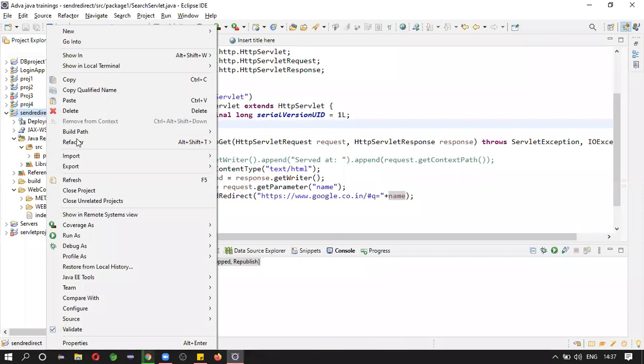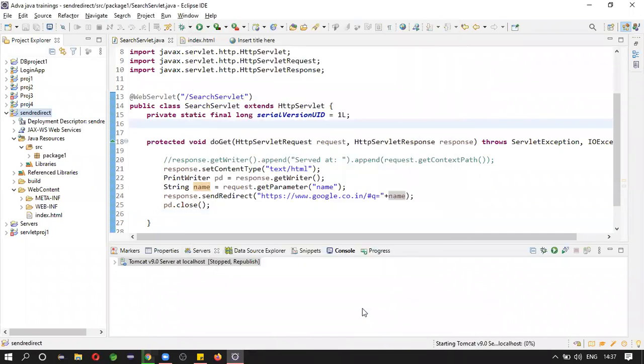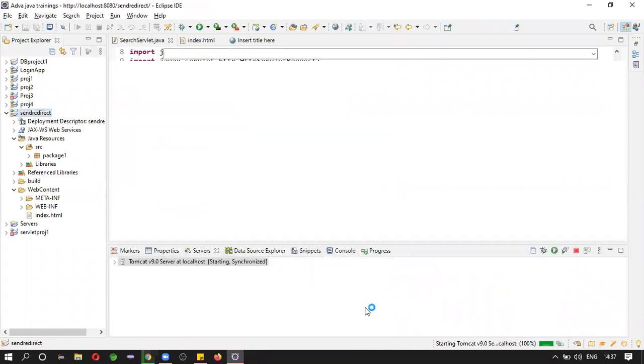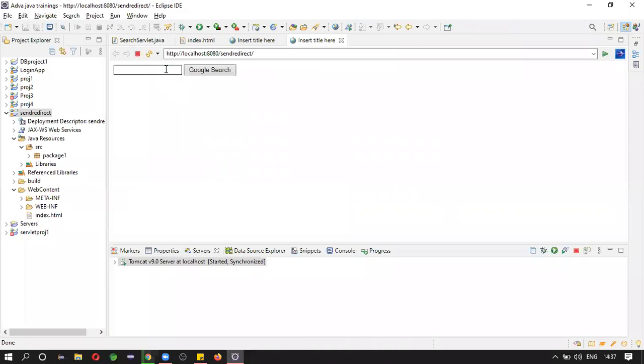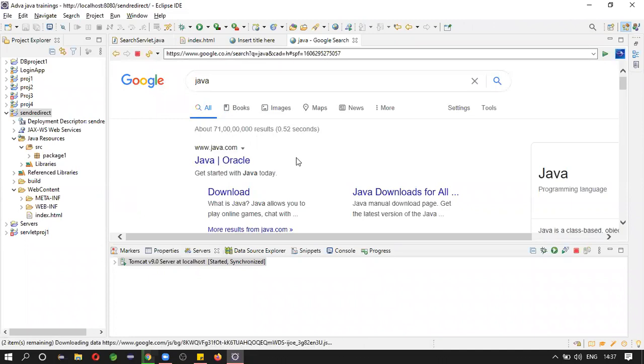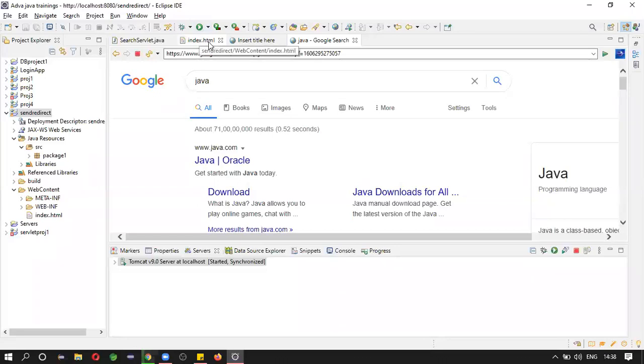Now let's run this program. See here, we are searching a particular word by using our application. Some sites may provide Google search, and they will do it like this only.